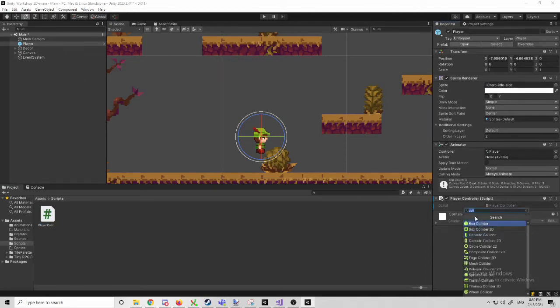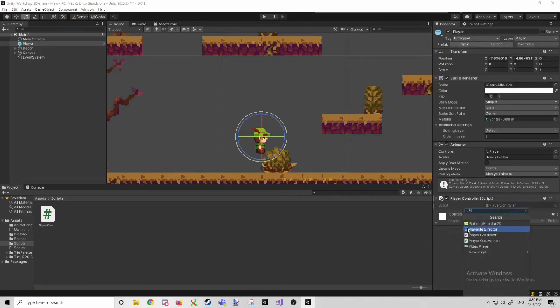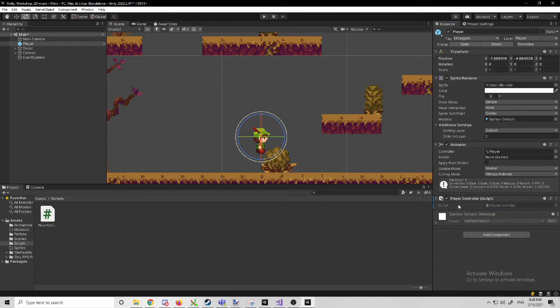Another way for you to do it, like I said, is to click add component and then PlayerController. The script is just going to appear here. So there are two ways of doing it. And then once you do this,